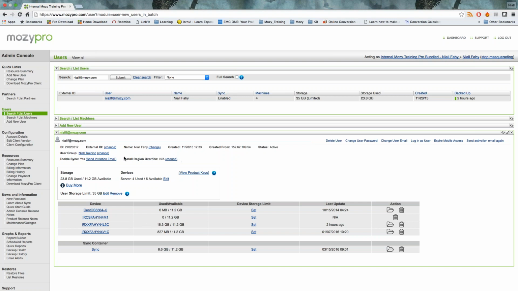Okay, it gives me here my name, the username, when the account was created, if it's active, and the ability to enable sync here. As well as that, I have the ability to delete the user as the root administrator. I have the ability to change the user's password as the root administrator. I even have the ability to change the user's email and log in as the user if I wish. So if you go to change the user password,